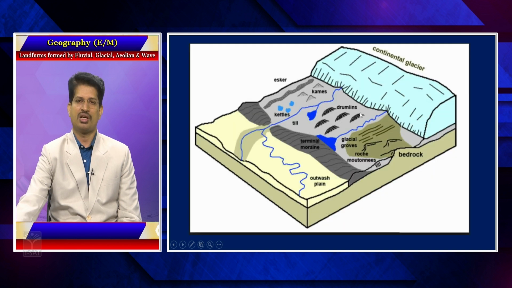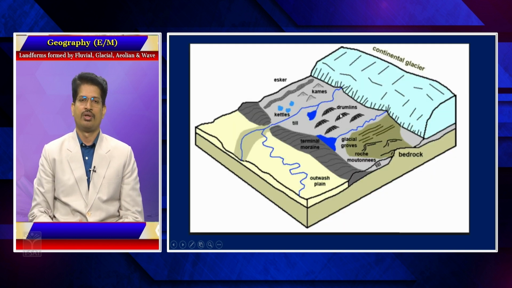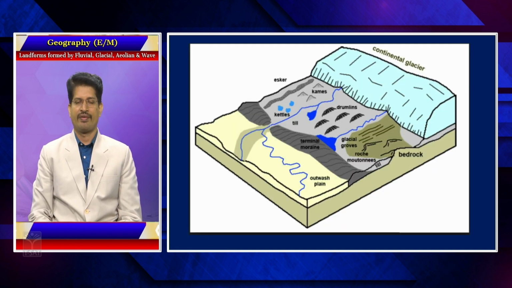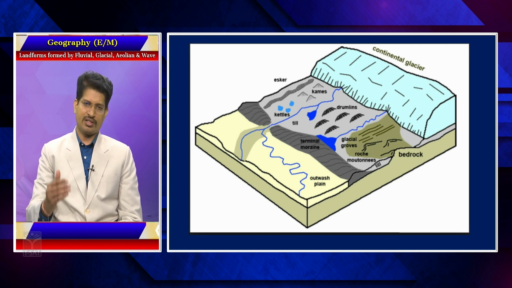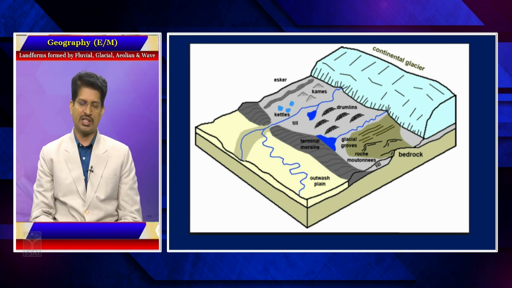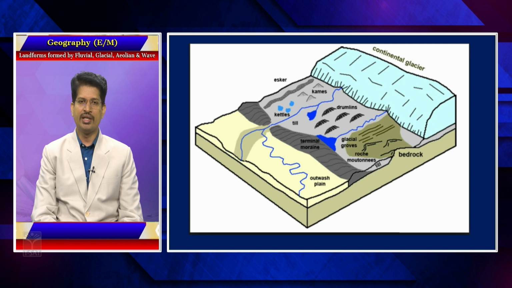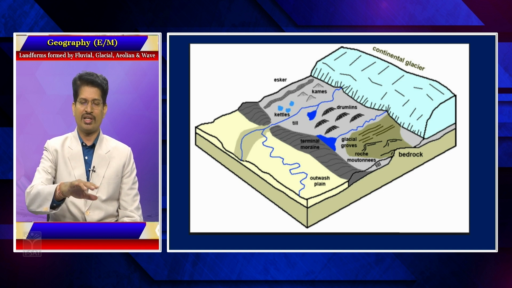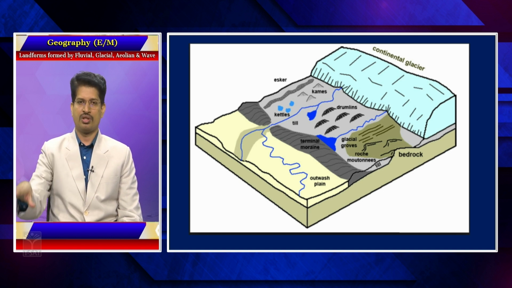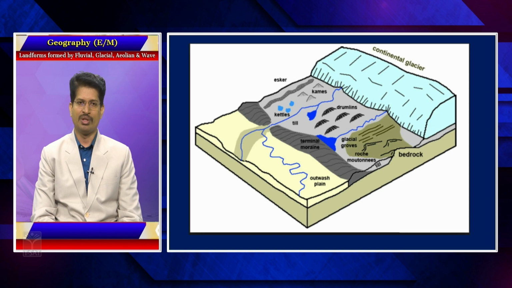So, drumlins are inverted spoon-type deposits made by the melted glacier. With the change in the seasons, the snow line varies. The snow line extends to the lower regions during winter and recedes during summer. In this process, when the glaciers melt, the weathered and eroded material beneath the glaciers is deposited, leading to the formation of inverted spoon-shaped deposits in this region, known as drumlins.